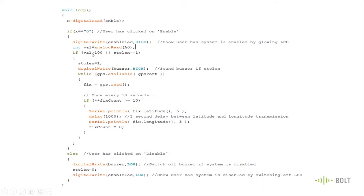We are seeing if the LDR has moved away from the laser, which is a value greater than 100, or if stolen equal to 1. Why is stolen equal to 1? I'll tell you later. Just remember if value greater than 100. So if value greater than 100, this corresponds to your vehicle has been stolen. So you set stolen to 1. It was 0 previously. Set stolen to 1, sound the buzzer, digital write buzzer of high,